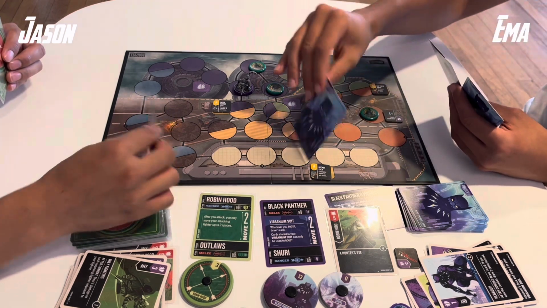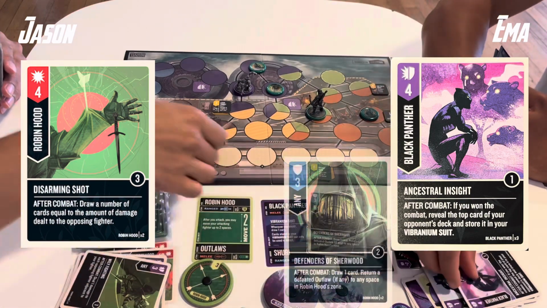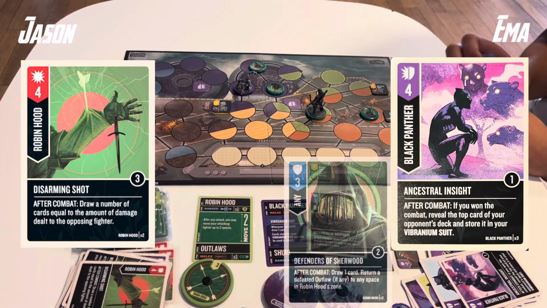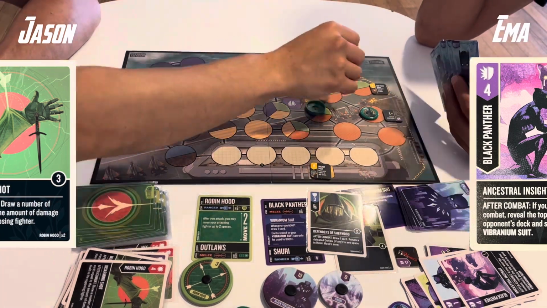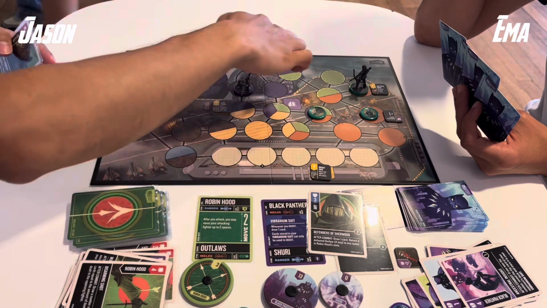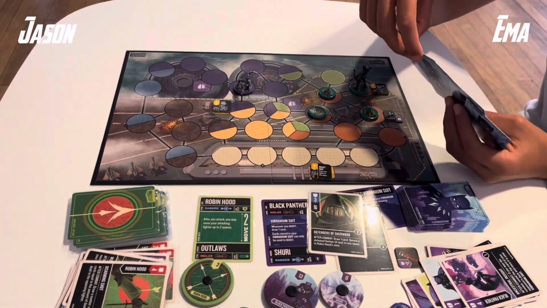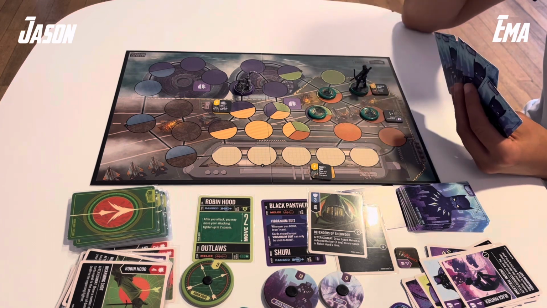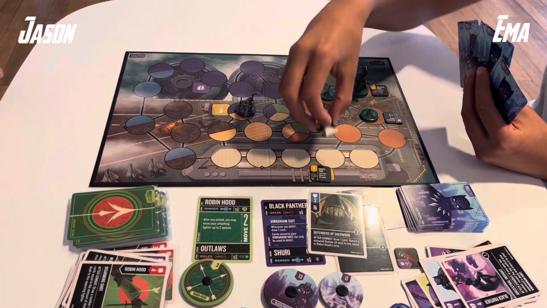And it will just continually be kiting him at this point. The Disarming Shot into an Ancestral Insight, which is a really good card, especially since he knows all the 5s that are out of my deck. And he steals a Defenders of Sherwood, which is another card draw and another outlaw. So that's not great. And I'll step back and stand by that battlefield item and try and position my guys to block for Robin. So Ema will take a maneuver, and he'll simply use the battlefield item and use a